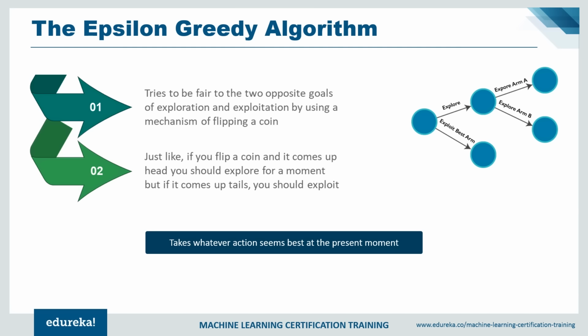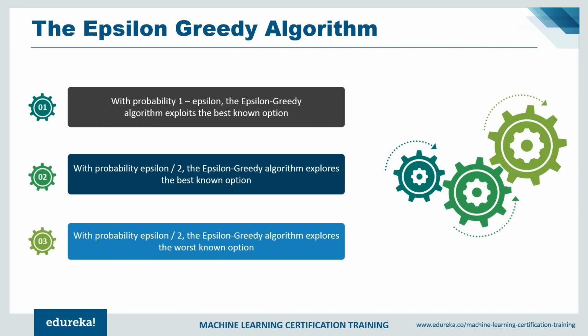Just like if you flip a coin and it comes up heads, you should explore for a moment, but if it comes up tails, you should exploit. It takes whatever action seems best at the present moment. So, with probability 1 minus epsilon, the epsilon greedy algorithm exploits the best known option. With probability epsilon by 2, the algorithm explores the best known option, and with probability epsilon by 2, the epsilon greedy algorithm explores the